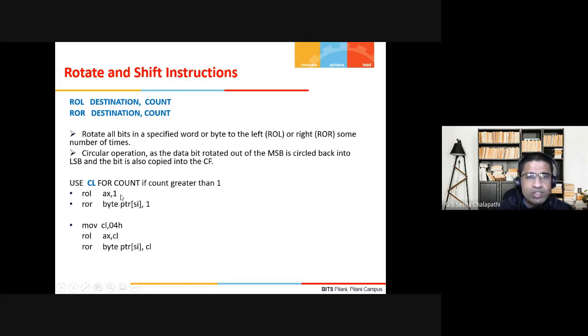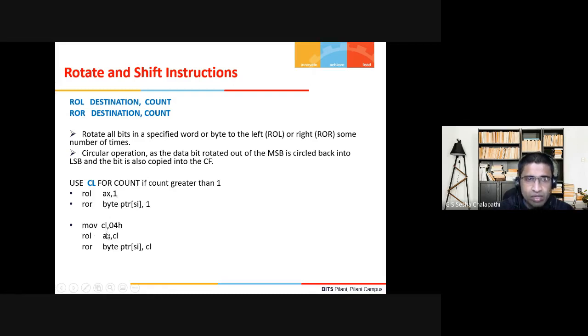For example, if it is 1, it will be ROL AX comma 1 if it is one bit of rotating, or it can be ROR byte PTR SI in brackets comma 1. That means you can have a register or a memory location here.